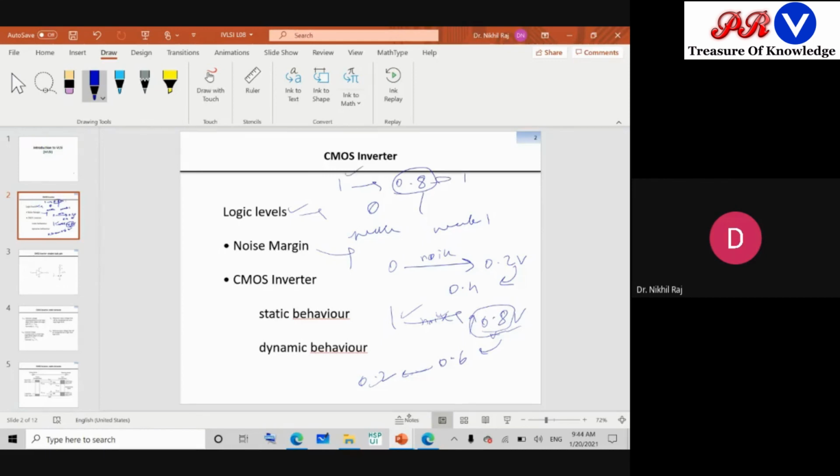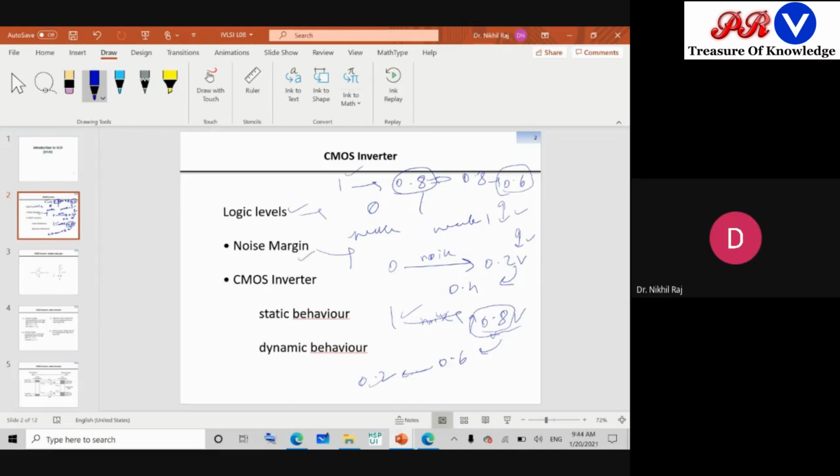Then the transmitter will say, okay, you consider it, because it is because of noise. Then further you say, okay, 0.8 is there. Further this propagation goes to 0.6. Then again the problem comes whether this 0.6 will be computed as 1 or not. So this means a valid range of logic 1 and a valid range of logic 0 must be defined for any circuit. So that comes under the analysis of noise margin.